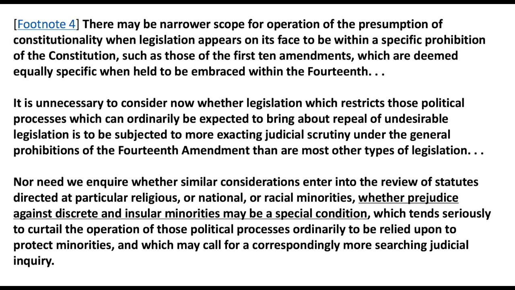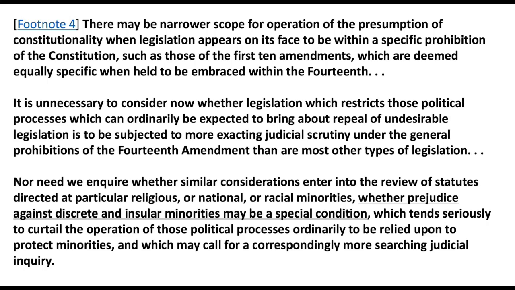And this point is dilated further in a third paragraph. So, by the way, we don't need to notice that it's unnecessary to consider now, the third one, nor need we inquire. But clearly Justice Stone is saying that he recognizes they've created a problem with this distinction between a rational basis in deferring on economic matters and strict scrutiny for other things. In other words, we have now created 2 tiers of Supreme Court review. The 2 poles are the rational basis test,